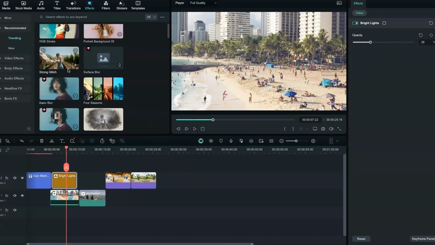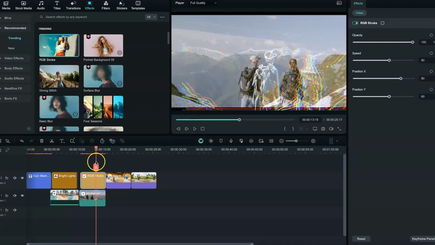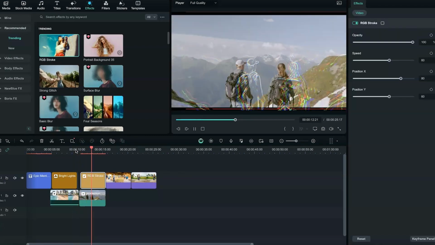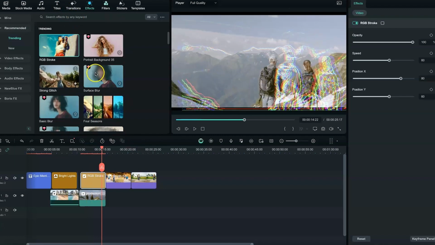You can check around the ones that you like, and then you can easily drag and drop them. You can drop them on a particular clip, and you can see it has just given that particular effect. You can see the effect that it has given to our video. So that's fantastic. So just go ahead and explore which ones you want and which one you want to add